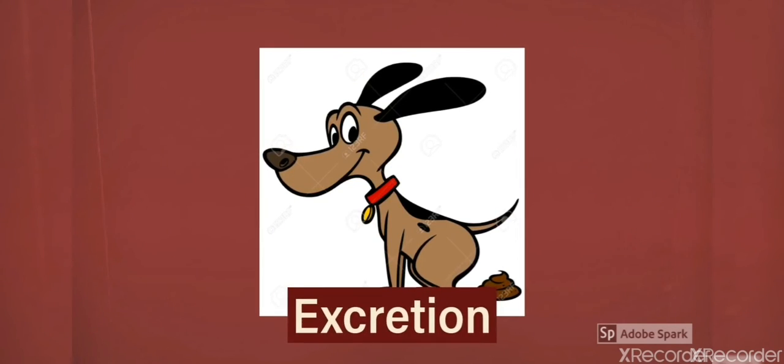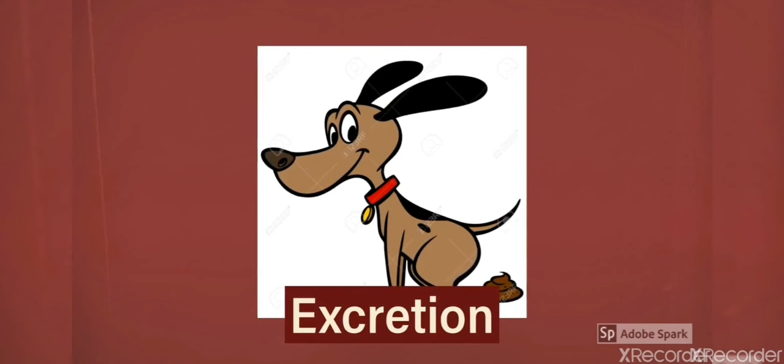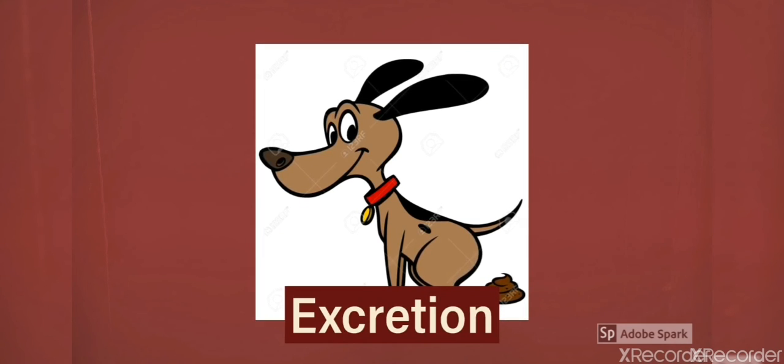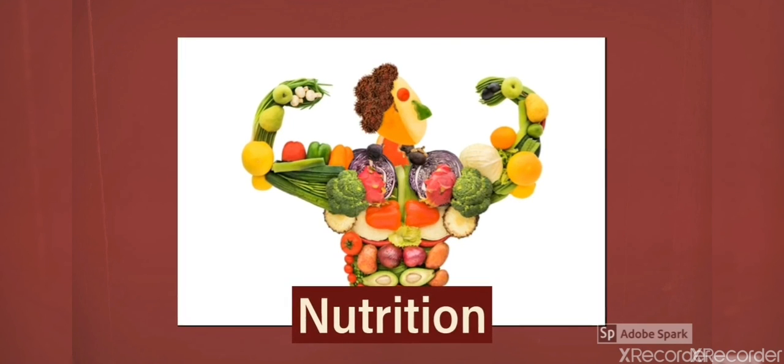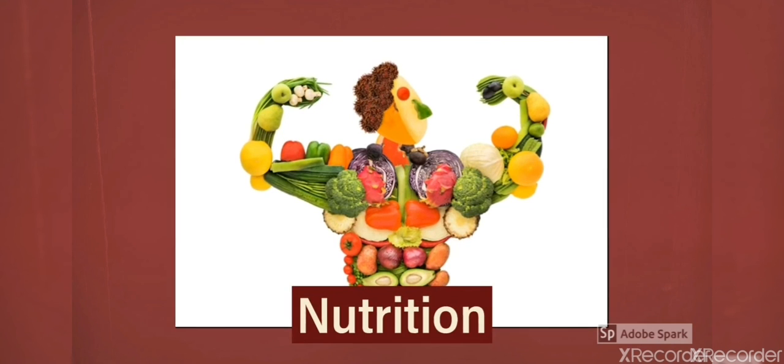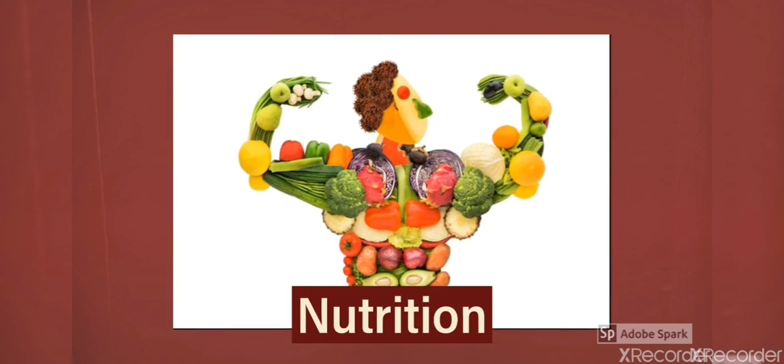E is for excretion, which means getting rid of waste. It doesn't always mean pooing and weeing. It could also mean breathing out carbon dioxide. And finally, N is for nutrition, and that's the food that we need to survive. Plants make their own food through photosynthesis, so in most cases their nutrition comes from minerals